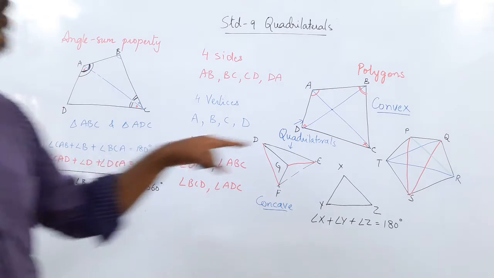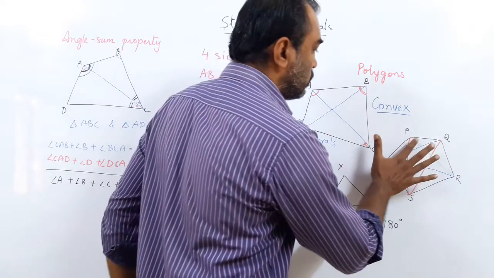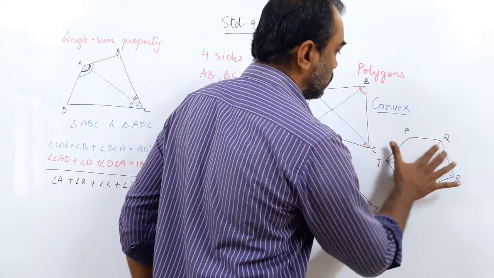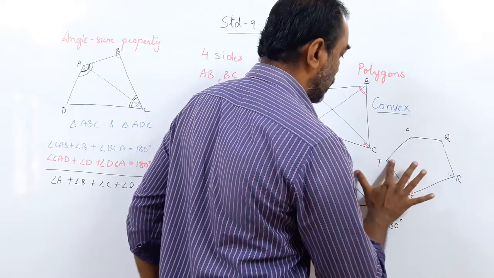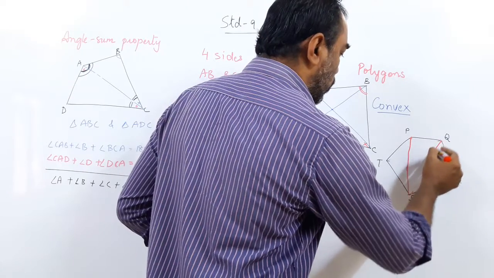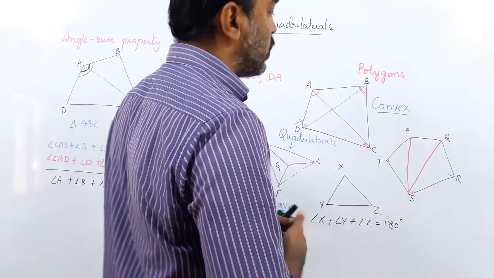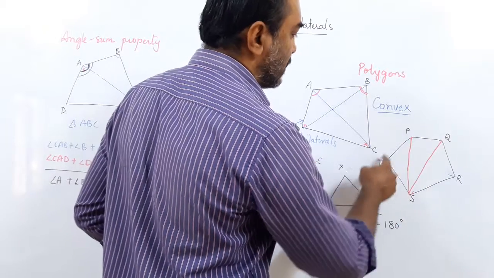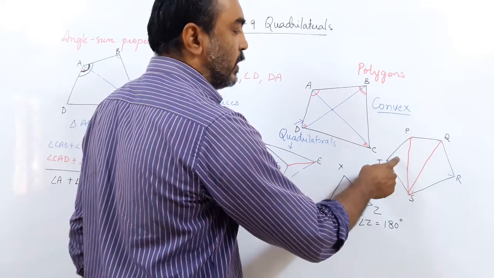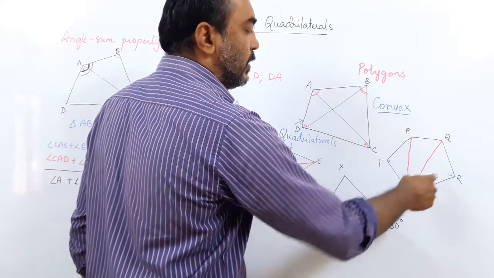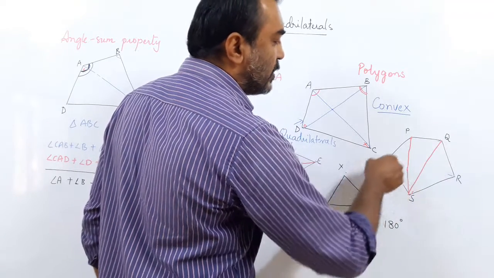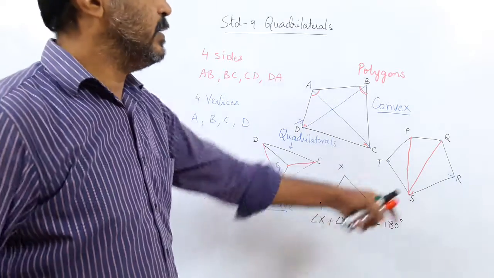Now this logic can also apply to the pentagon. Let us see how to apply the logic to the pentagon. If you look at the pentagon, I have got two diagonals from S. So I have broken the pentagon into three triangles. Triangle 1, triangle 2, triangle 3. What is the sum of the angles of these triangles? 180 for this triangle, 180 for this triangle and 180 for this one. So 180 plus 180 plus 180. The sum of the five angles of the pentagon will be 180 into 3, that is 540.